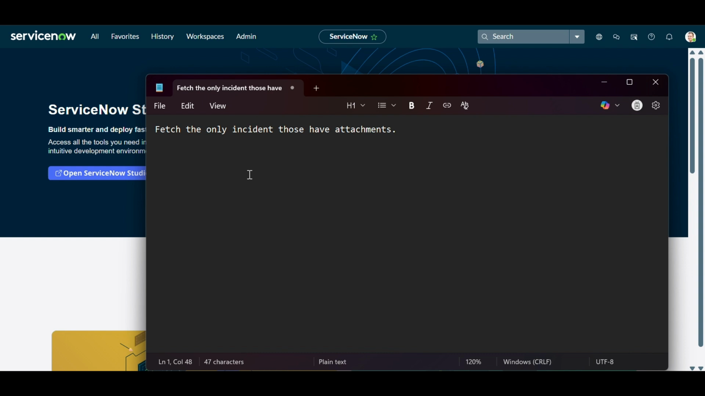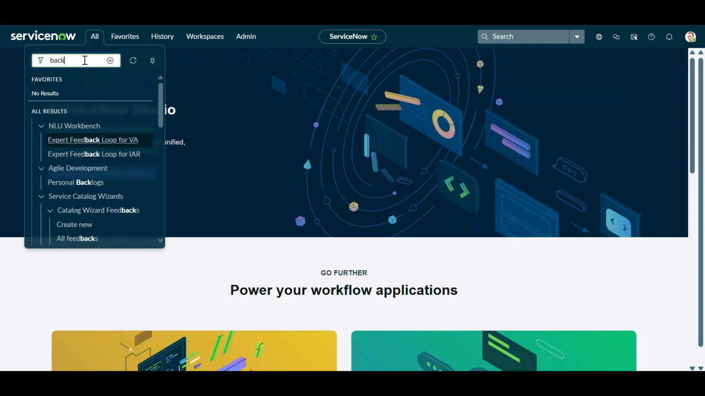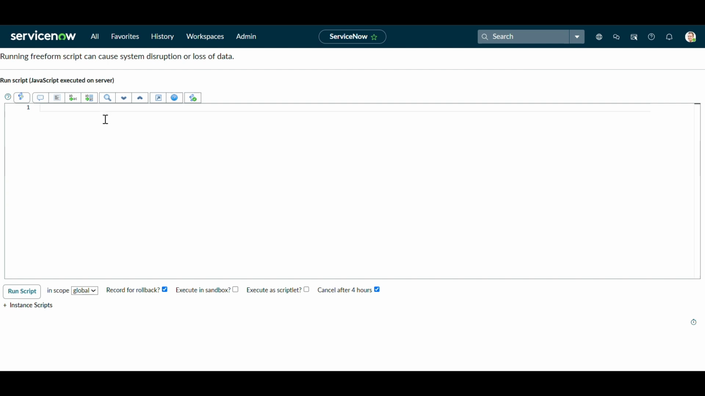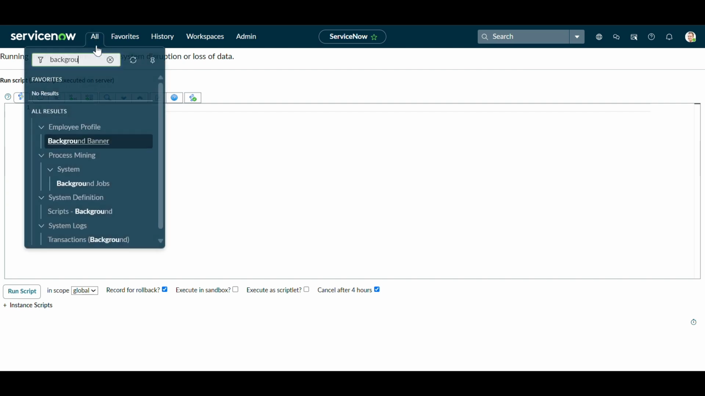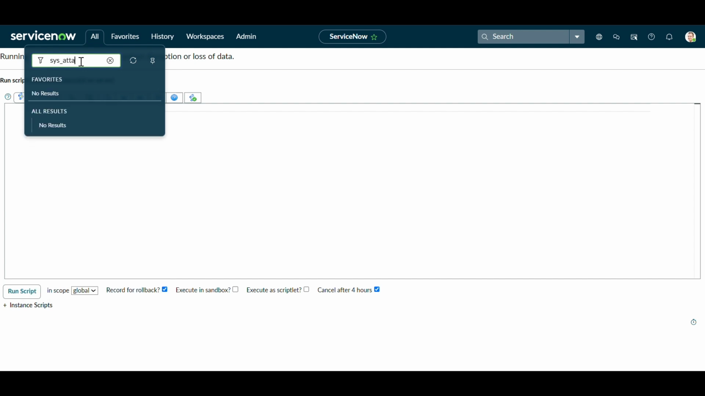Okay, so how can we do that? For that we have to write a background script. I will show you. Go to the PDI and we write the background script. Under the system definition we click on that one, and first I will tell you from which table we have to glide, like sys_attachment. This is a table